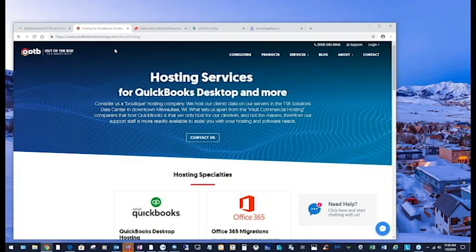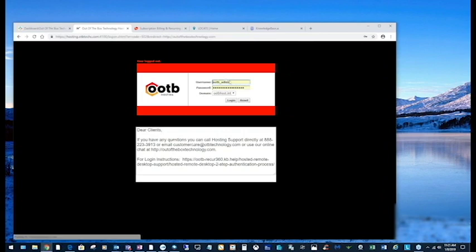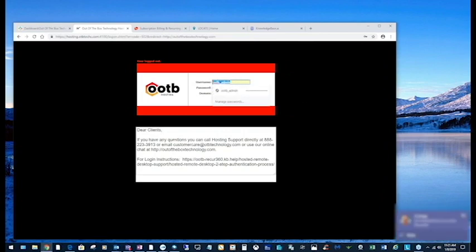A lot of people do this because they want to access their file from multiple locations, or have multiple users from different locations. So I'll go through a brief demonstration as if I was logging into your computer. To get set up on the hosted environment, you would first come to our website, go to login, and go to hosted desktop. Here you would be given an alphanumeric username and password that we would assign to you once we've got you set up. So I'm just going to go ahead and log in with the setup user here.